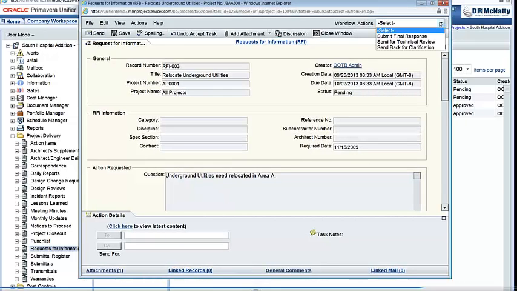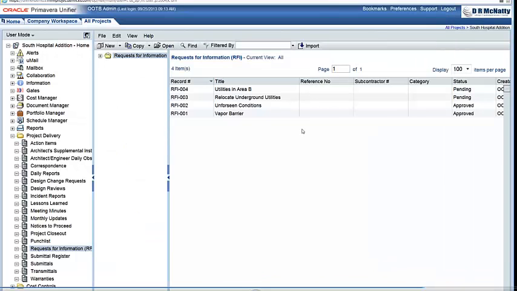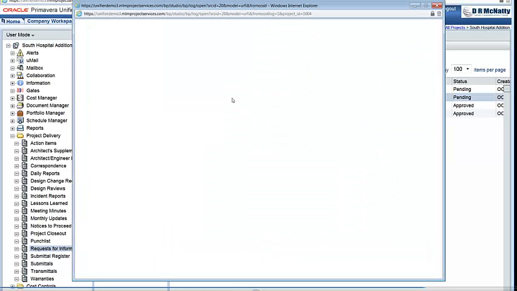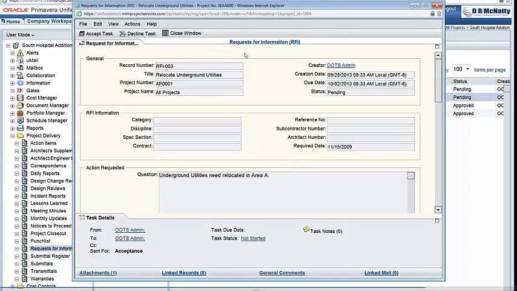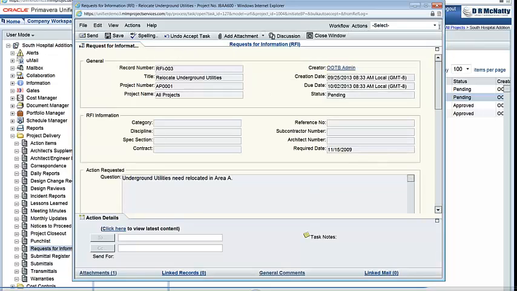I will then address the workflow of this final response, handing it to myself. Opening it up again. Close out the RFI. Click Send.